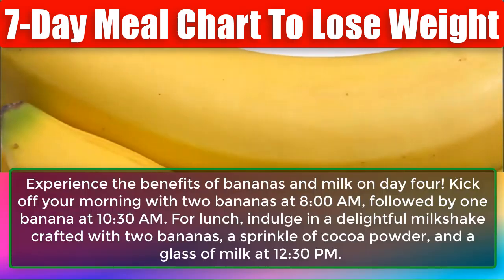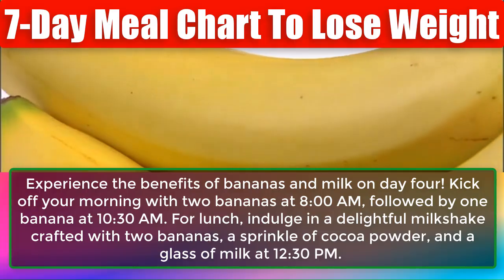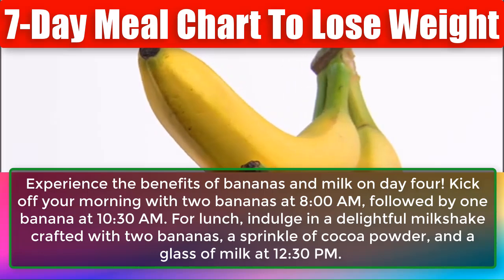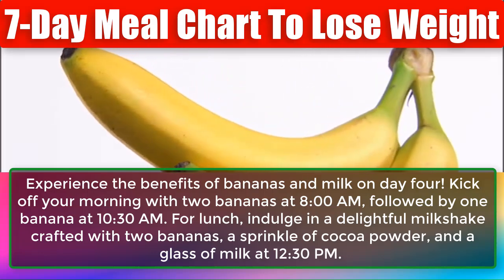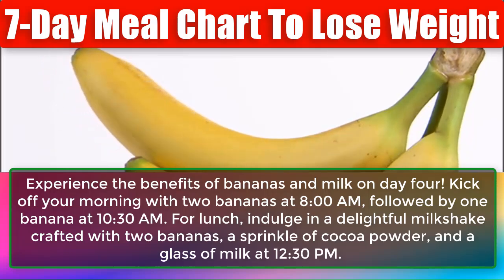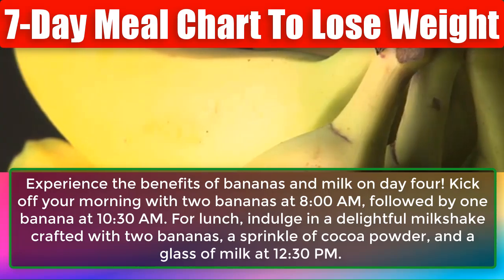Experience the benefits of bananas and milk on day 4. Kick off your morning with 2 bananas at 8 a.m., followed by 1 banana at 10:30 a.m. For lunch, indulge in a delightful milkshake crafted with 2 bananas, a sprinkle of cocoa powder, and a glass of